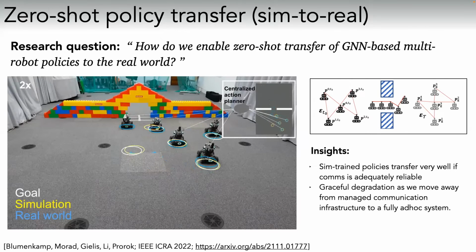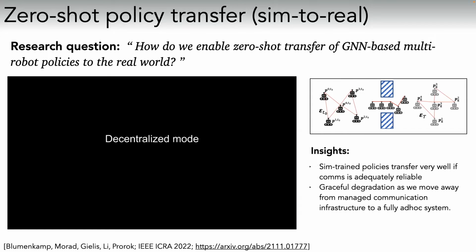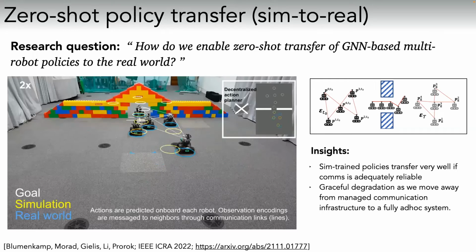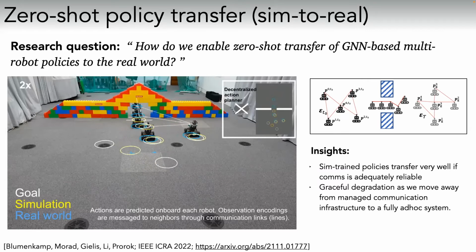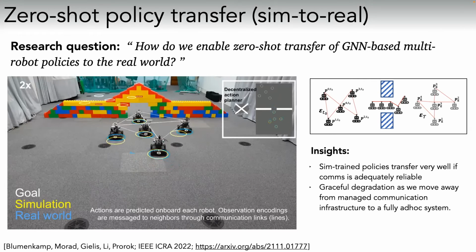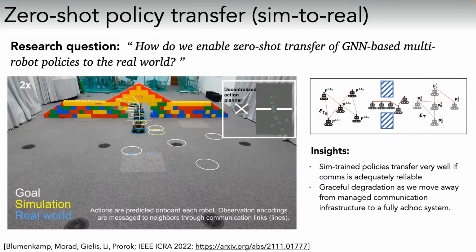Communication ranges are highly non-disk forming, and they depend a lot on the environment and the materials that you have in your environment. So it's an assumption that most certainly will break as soon as you are operating in a real world environment. Yet this is the best we can do, especially if we want to make our simulators efficient. Even if we can introduce some asynchrony into our simulators, and we can also introduce some delays, and we can noise things up a little bit, we still won't encounter exactly the kinds of conditions we encounter in the real world. And yet our policies are trained in simulation.